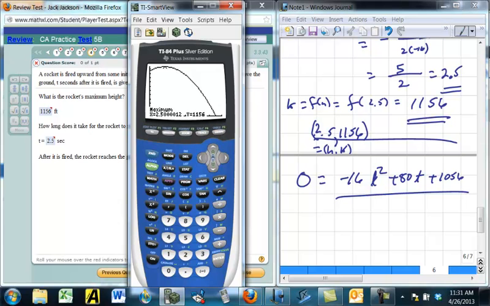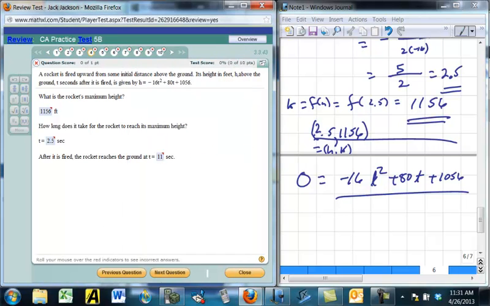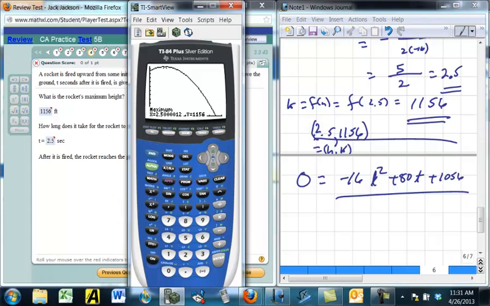Actually, this isn't using an approximation technique, so it's off just slightly here. It's actually 2.5 is where it really is, and 1156 is there. So when does it reach the ground? Well, we want to calculate where it hits the ground when the height is 0. Of course, the velocity is not 0, but the height is 0. So we can calculate that 0,